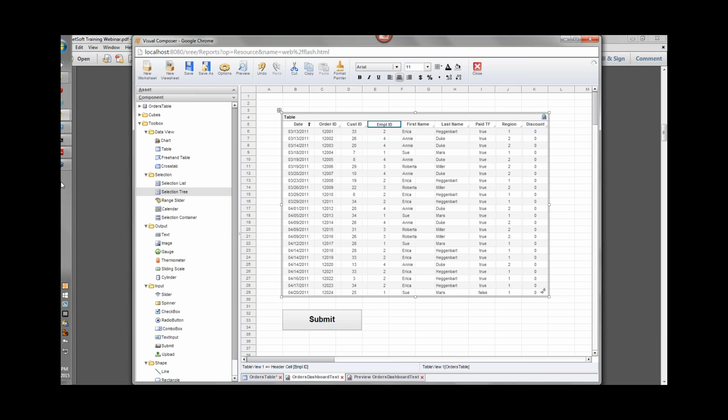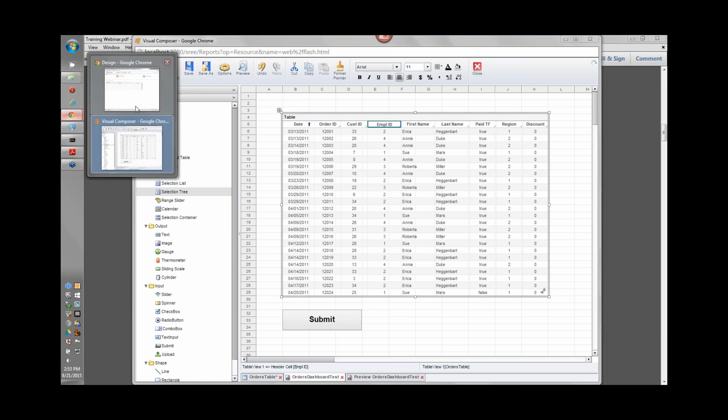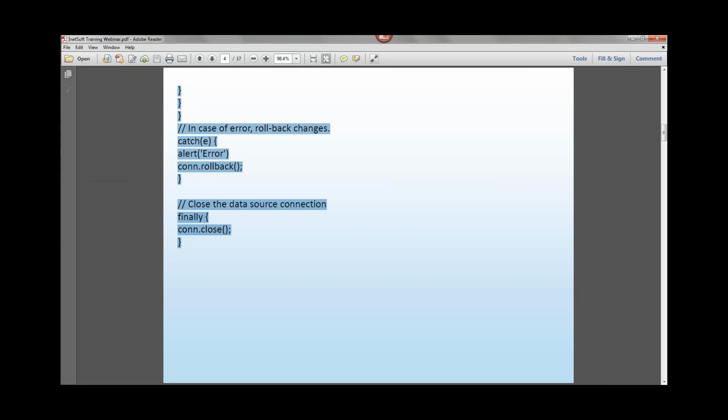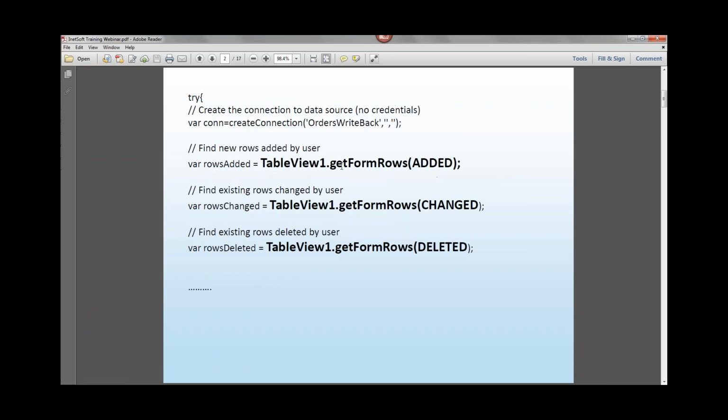And the way you do that is by using these script functions here. These guys. So you use these special script functions to get the rows that the user added, changed, or deleted. And up to this point, you haven't dealt with anything related to the database.